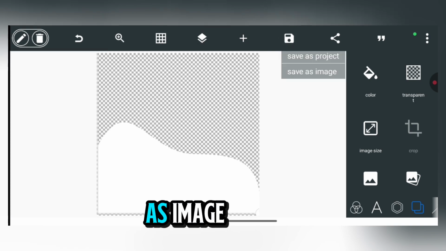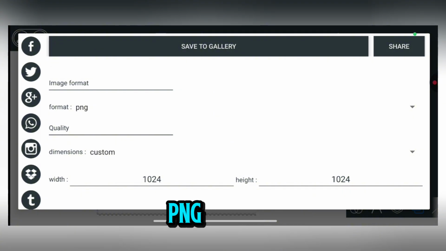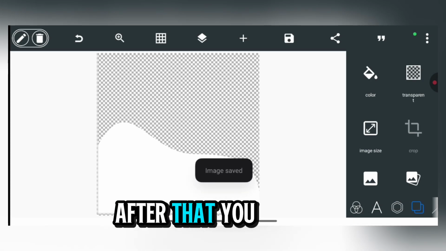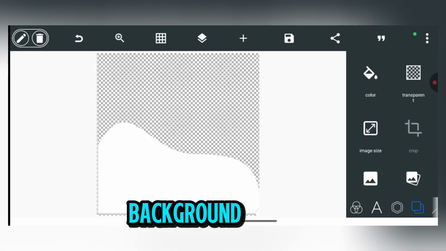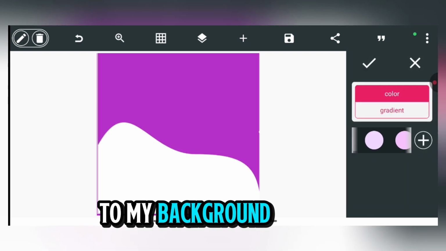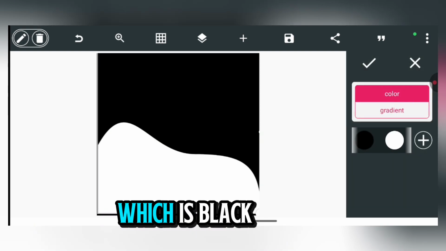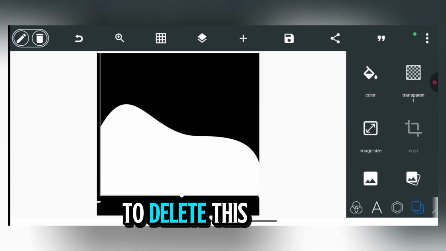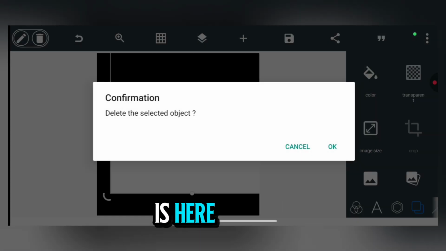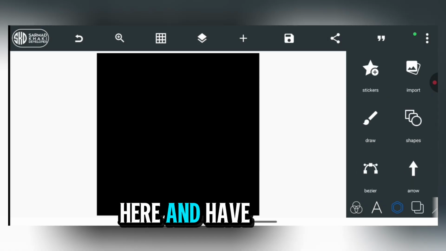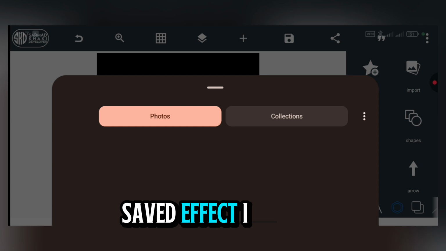Then you save as image. You can be saving with PNG, save to gallery. After that, you will have to open a new background. So let me add the color to my background. Let me add the initial color I was using, which is black. Then I'll have to delete this particular one that is here. Then go to here and I'll have to import the saved effect I did,